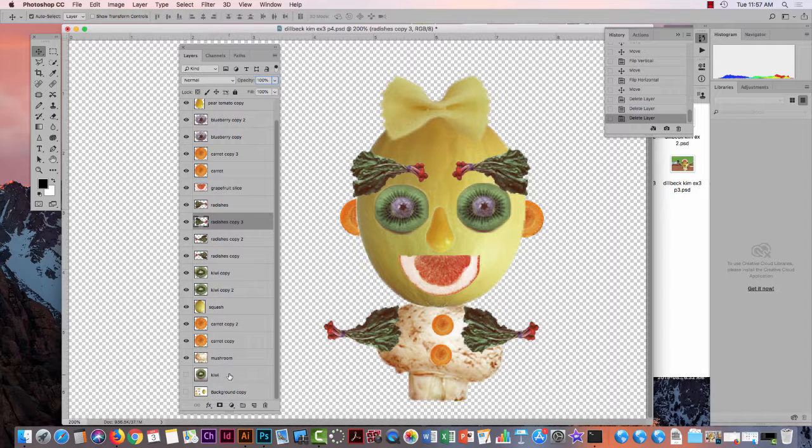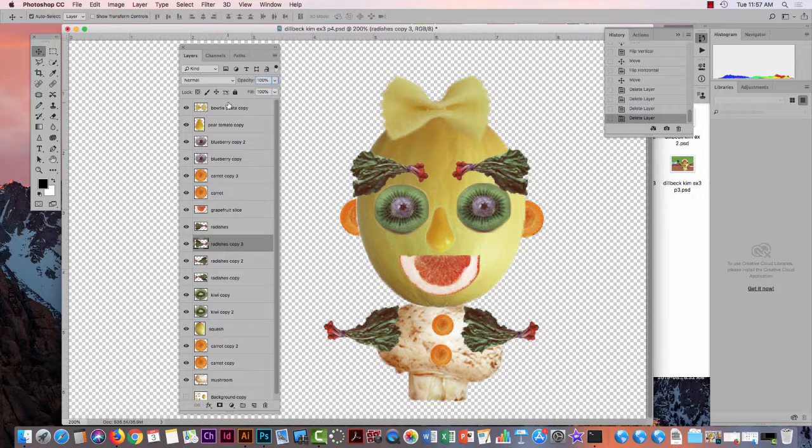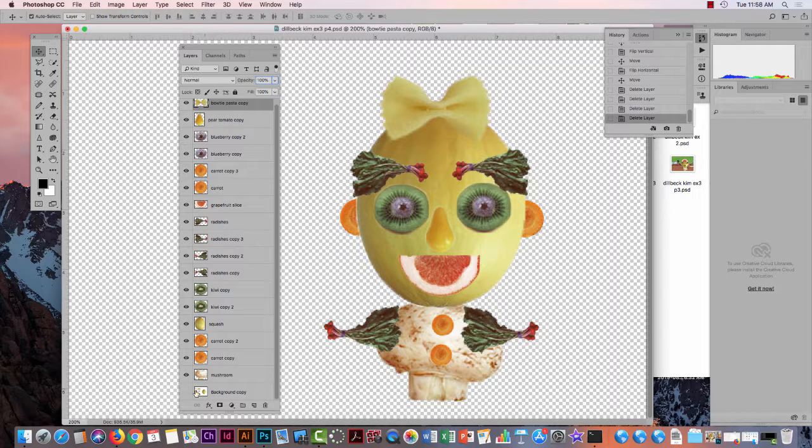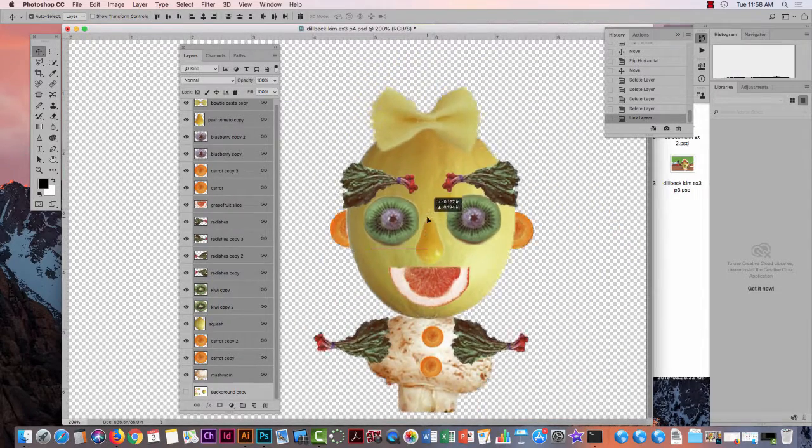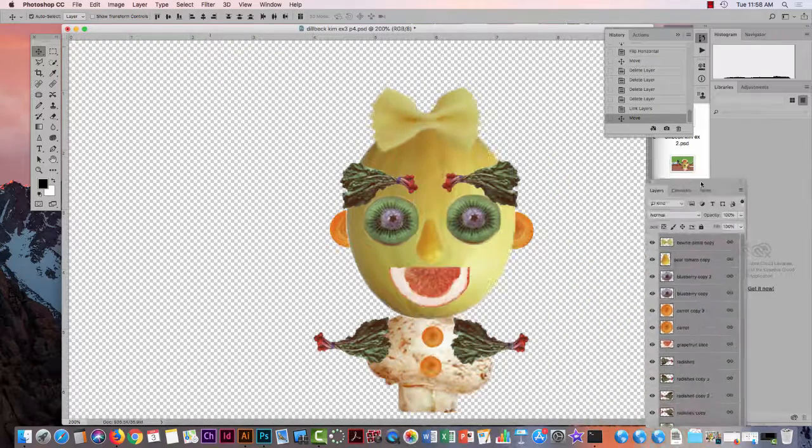And then to link, you want to grab them all. So to grab them all, click the top one and then scroll down to the bottom. I'm not going to grab that hidden background one though, just all the fruits and vegetables that I used. Now I'm going to hold Shift and I'm going to click the very bottom vegetable, the mushroom. So all of them are selected now, and then to link them I'm going to click the little link chain, and now when I go to move this squash person, all of it's going to move. The very last part of